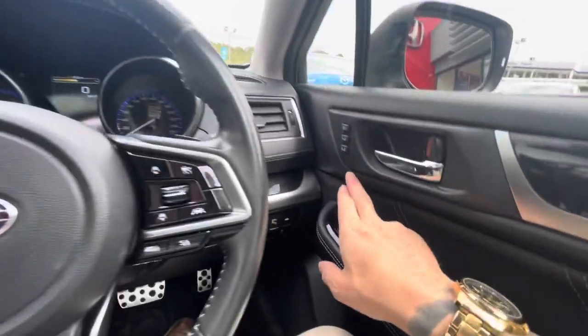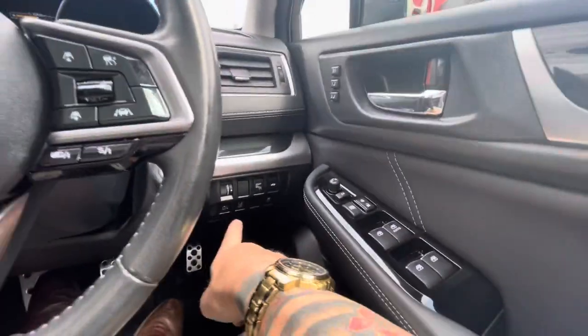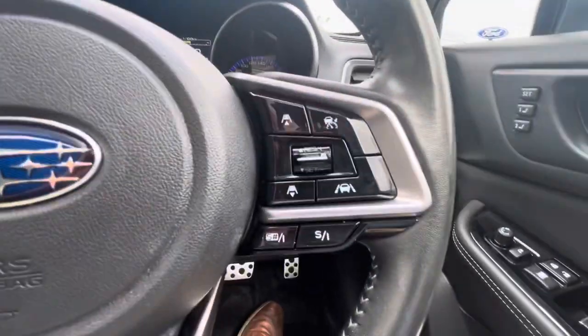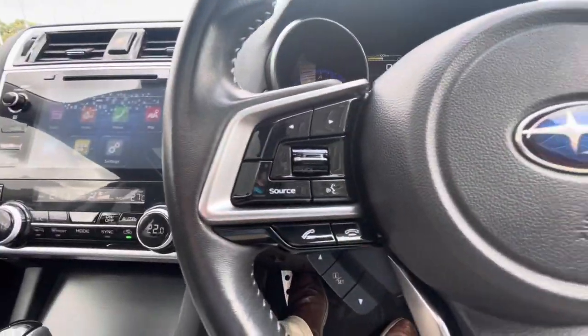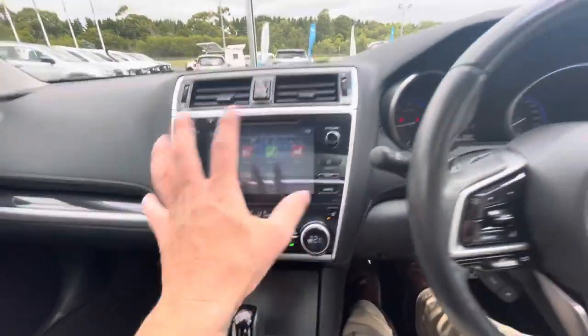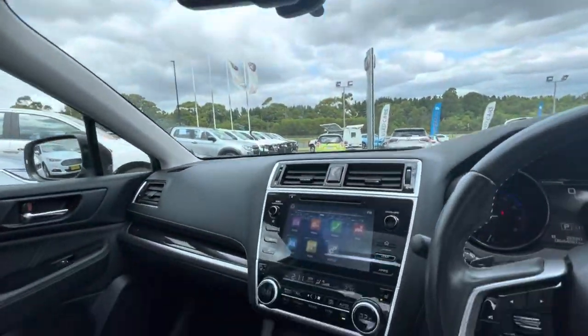car. Got your full seat memory just over here, full electrics, lane departure warning, blind spot monitoring, 64,000 Ks, adaptive cruise, all your audio controls and Bluetooth. As you can see through here, it's in great condition with plenty of features, auto dimming rear view mirror, and